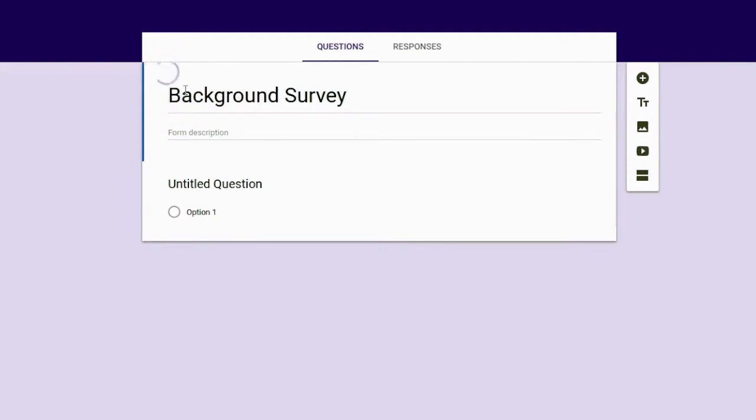And now we're also going to have to save the file. When I click here, it automatically chooses this as the title. That makes it convenient. And down here is a brief description that allows me to explain to those taking the survey what it is that I want to do. So background survey to